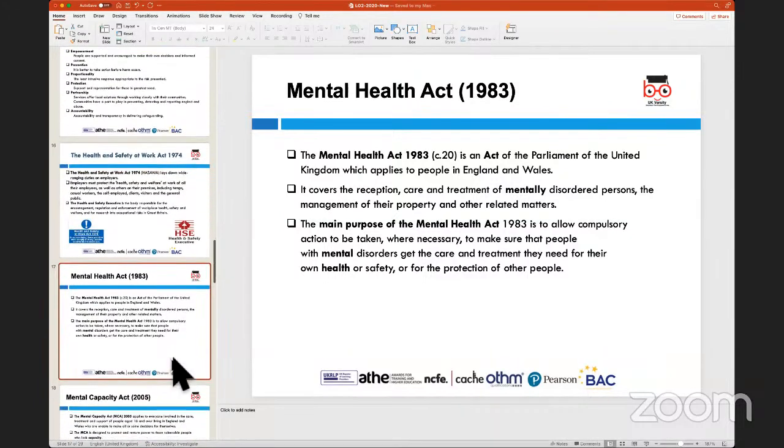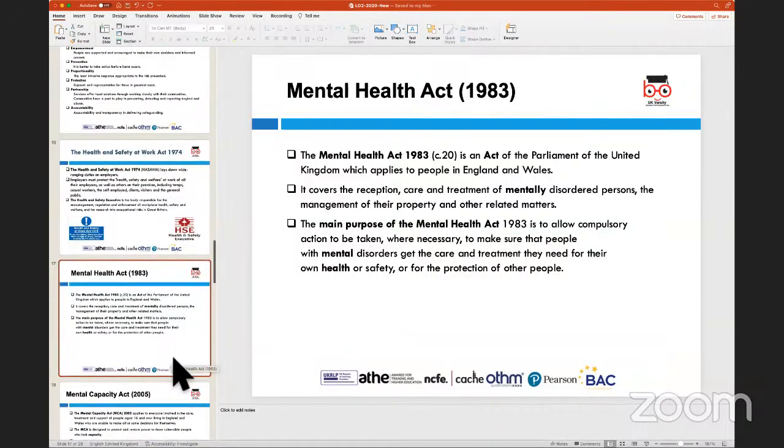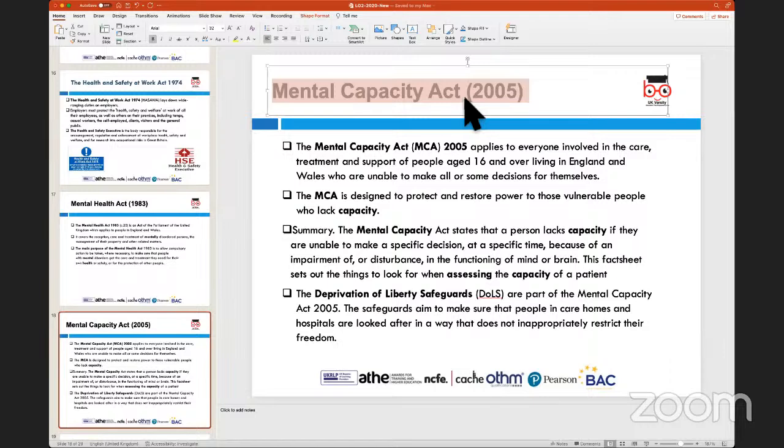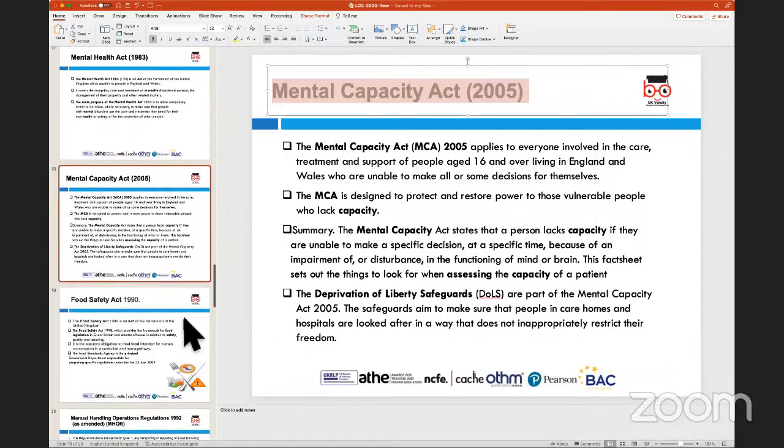Now, the Mental Health Care Act was initially introduced in 1983, and then it was updated in 2005. And when we talk about the Mental Health Care Act, as I've explained to you, and I've also ensured that you have a handout, this particular act, in general, provides guidelines primarily to ensure that when people are incapacitated in terms of making decisions, and if there are decisions being made for them, then the people who are making the decisions are following a legal framework. And obviously, this legal framework ensures that the person or the authority making that decision has jurisdiction to be able to